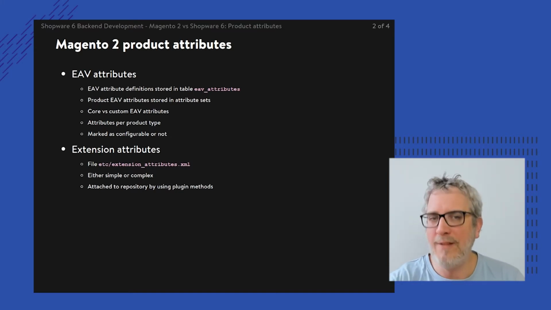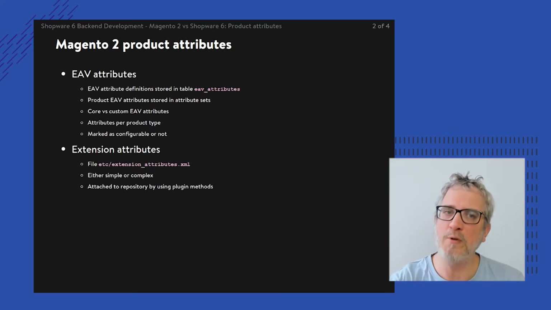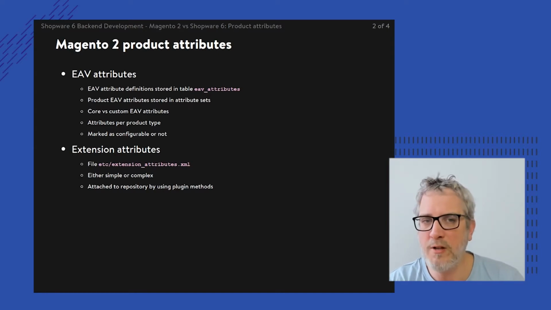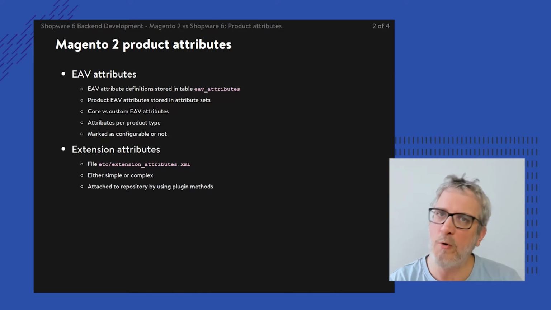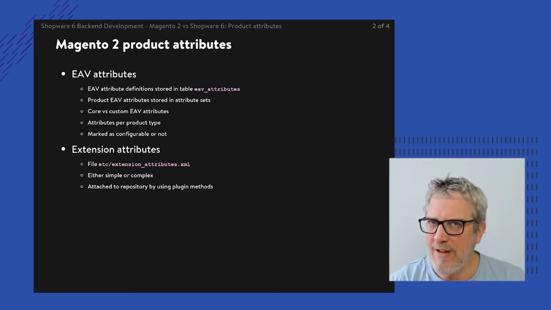And that also leads into further configurations of those attributes on their own. For instance, you can mark a specific attribute as configurable, so that a configurable product is picking up on those attributes to do its calculation, shaping a matrix of simple products that lead into the configurable options. So that's the EAV bit.